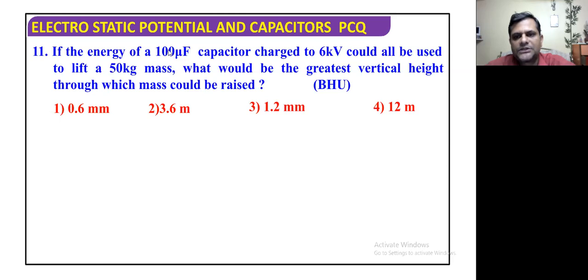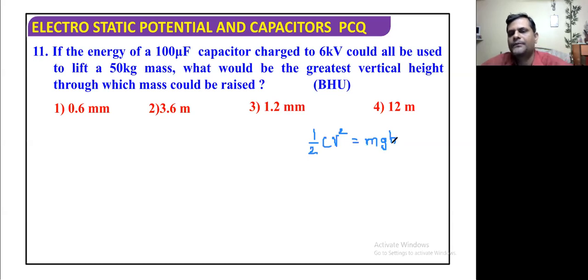मतलब कैपेसिटर का जो एनर्जी है वो यूज करके हमने उससे एक 50 किलोग्राम का मास लिफ्ट किया अगेंस्ट ग्रेविटी. तो ऐसे केस में जो कैपेसिटर के अंदर चार्ज एनर्जी होगा हाफ CV स्क्वायर से जो निकाल सकते हैं, it should be equal to the energy required for raising the mass M through the height h. That means mgh will be the potential energy which is required for raising the mass M through the height h here, which should be obtained from the capacitor, okay, which is going to be half CV square, where C is going to be